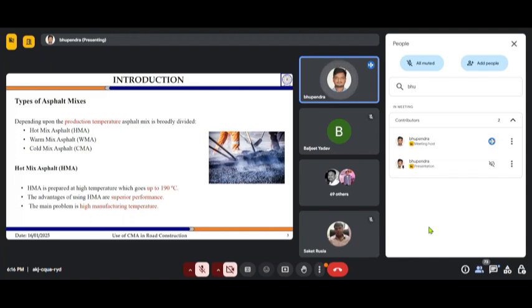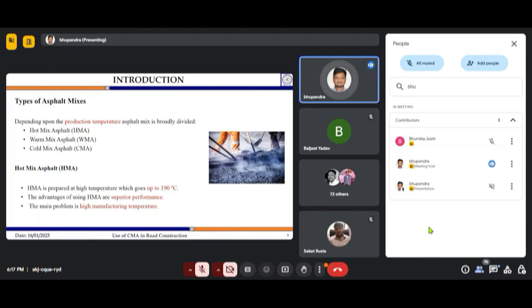So when we talk about hot mix asphalt, it is the conventional mix asphalt that is used for road construction, and that you have seen and must have used at different locations. From the name itself, it gives you some indication. Hot mix asphalt means the temperature must be very high. The production temperature of hot mix asphalt is generally 160 to 170 degrees Celsius. And when we are using some highly modified binder, let us say polymer modified binder or crumb rubber modified binder, the production temperature may go up to 190 degrees Celsius also. So that is very high production temperature.